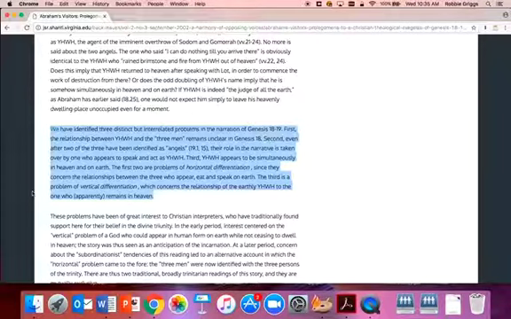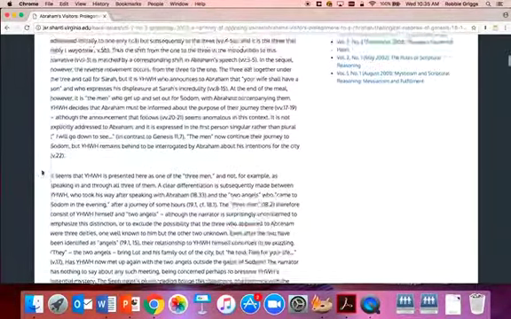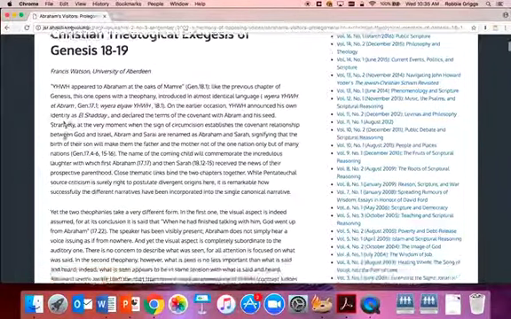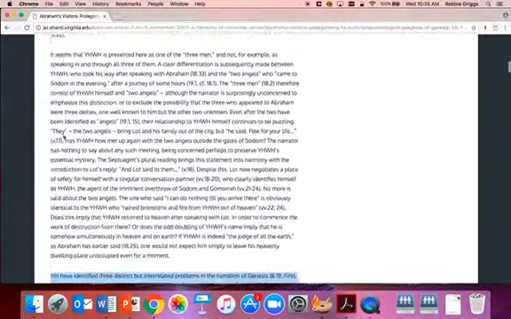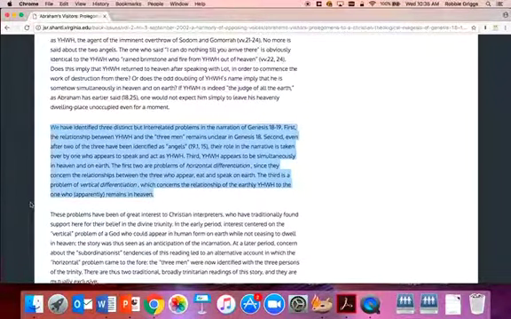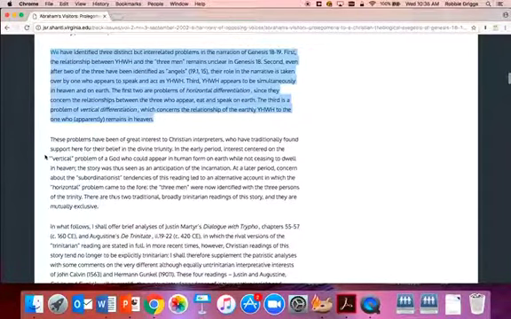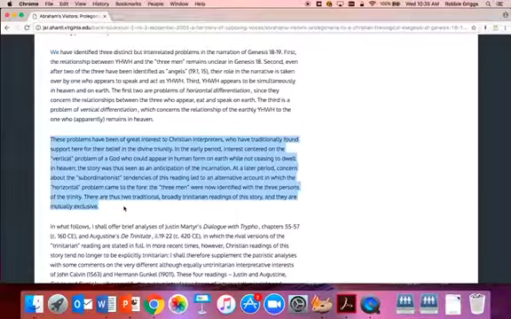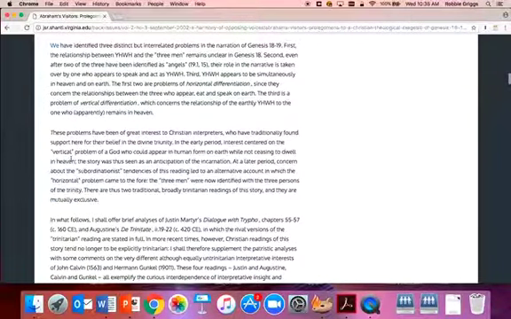In other words, there are many things that you could do, but the question is what do you want to do in the confines of the paper? And here Francis notes 3 things that are going to be important for his paper. So in the first 3 paragraphs here, he has given us an overview of the content of this passage. And then in this 4th paragraph, he's identified the problems that relate to this content. In the 5th paragraph here, he tells us why these things are important, and he offers a couple distinctions. First, the vertical problem, and then also the horizontal problem.